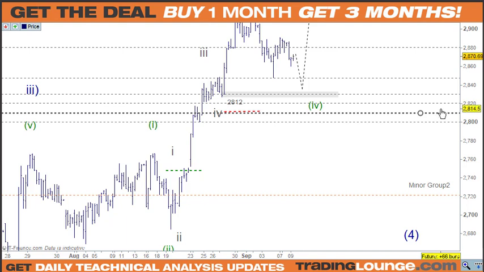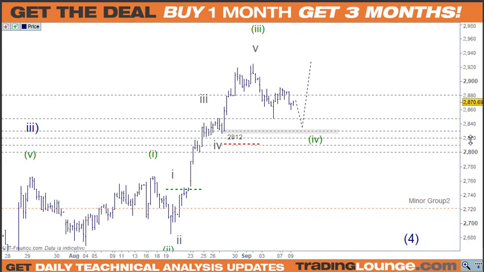So that's why I've put it in there, because if that becomes the resistance here, the number 2 here is giving it enough time to become the resistance, and it would be a very clear proposition at that point that it would be pulling back to the 2800 at that point.